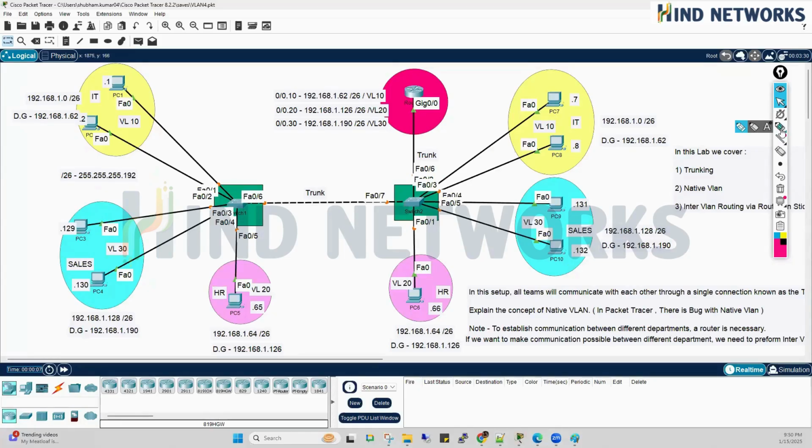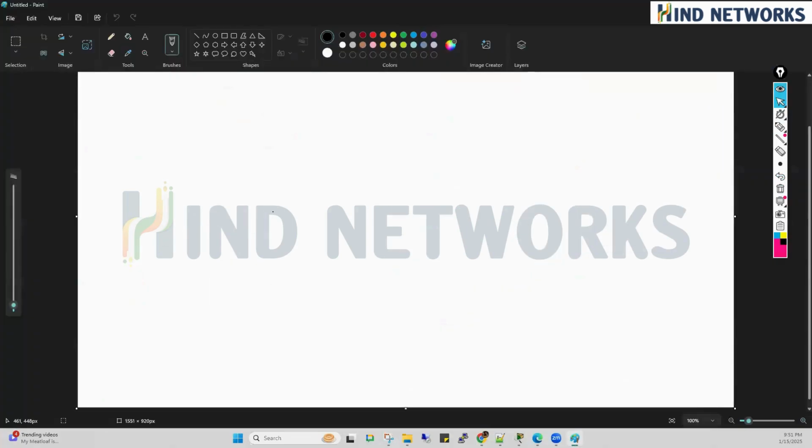Now, to solve this problem, we have a concept of trunking. What is trunking? Who can tell me? What do you mean by trunking, and what is the use of trunking? So please remember,